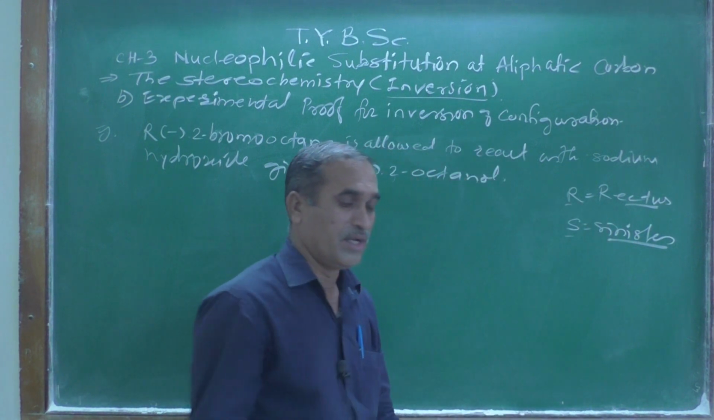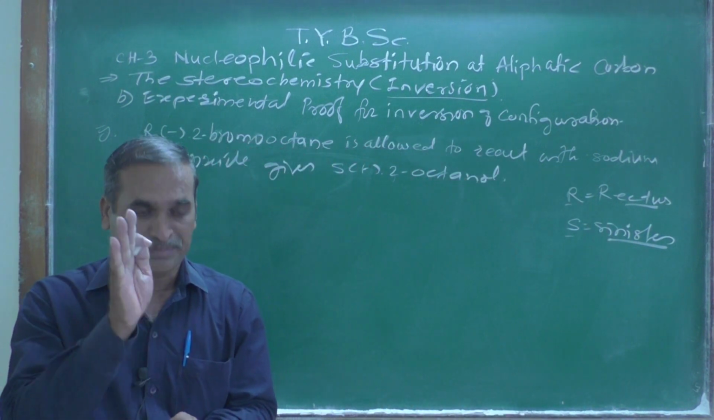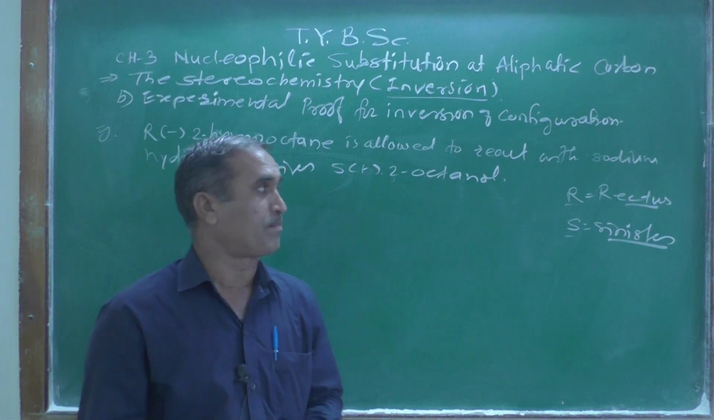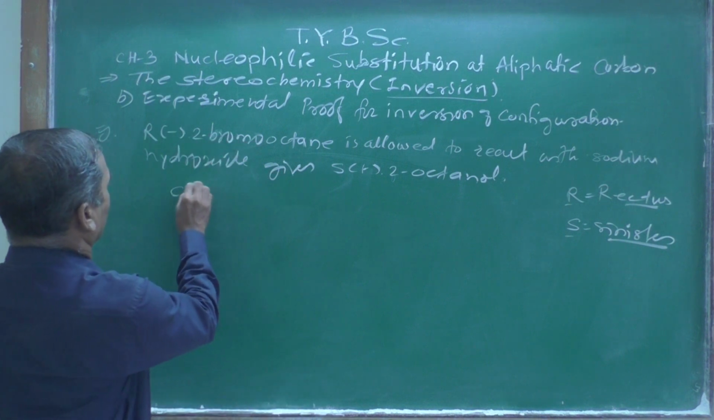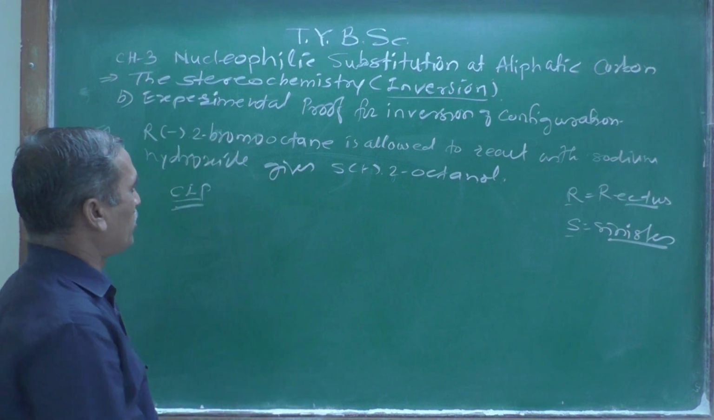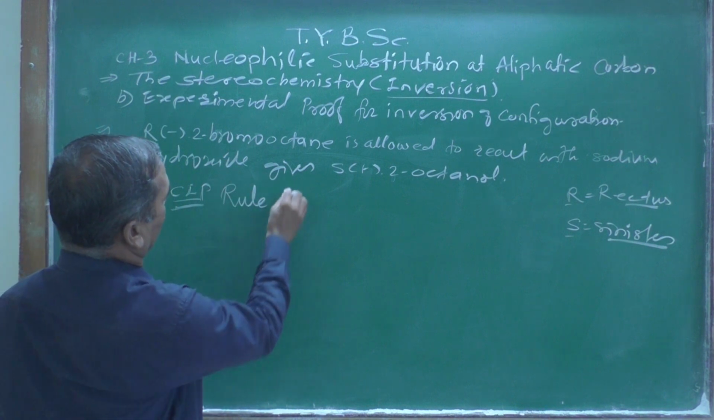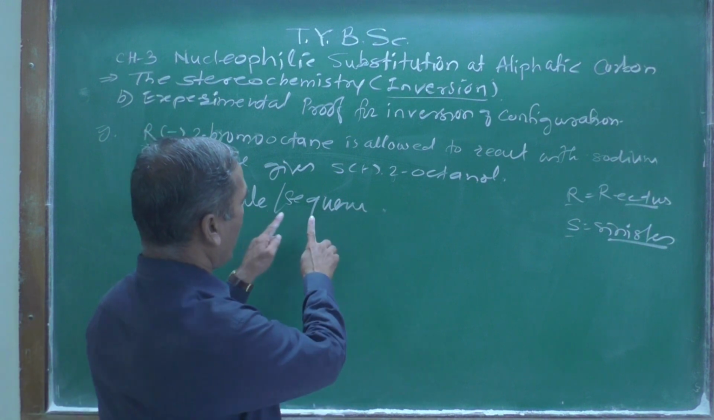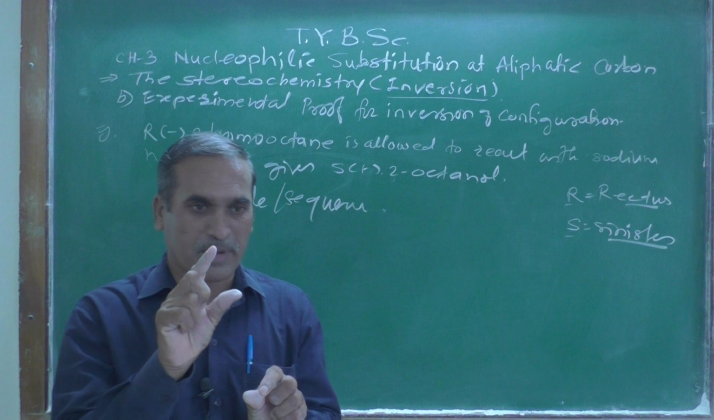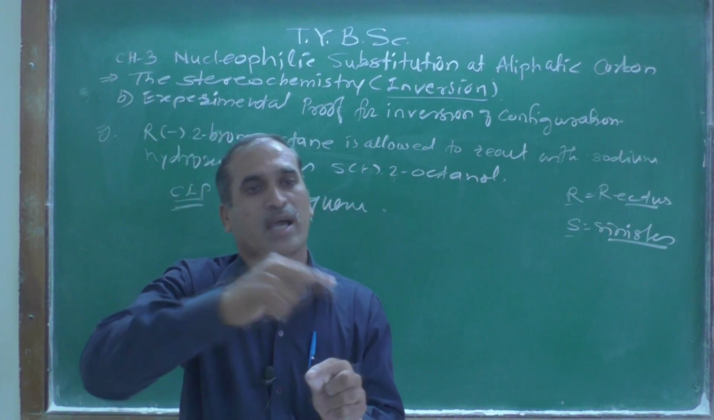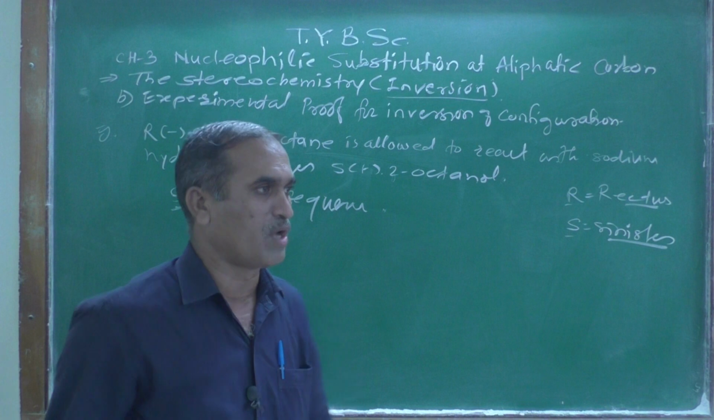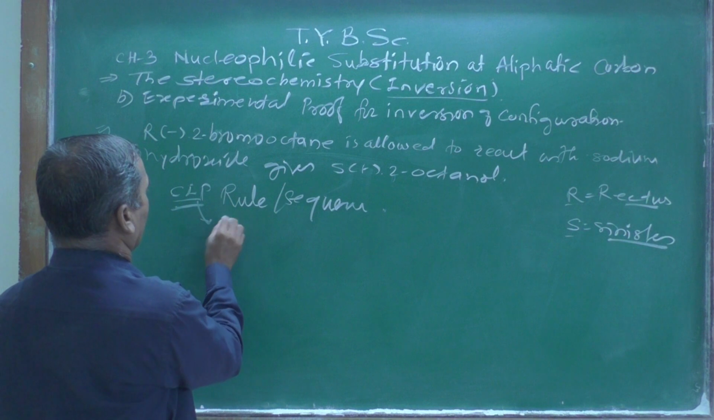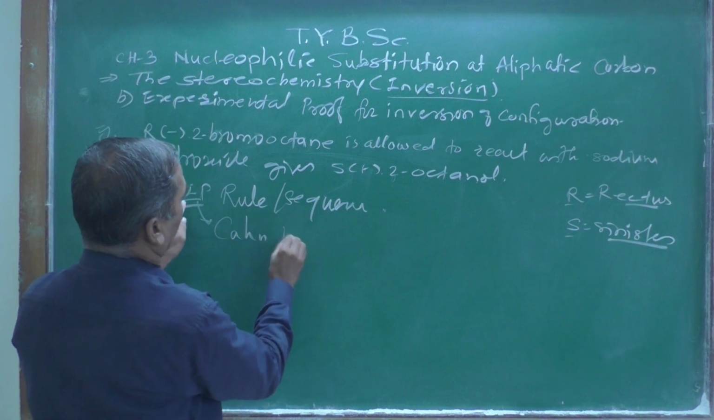So the plus and minus are related to an experimental quantity, and the R and S configuration depends upon what we can call the sequence rule, or the CIP rule. According to that rule, the priority groups are arranged around the chiral center. CIP, these are the scientists' names. C indicates Cahn, I for Ingold,